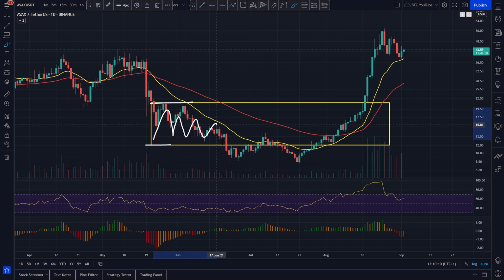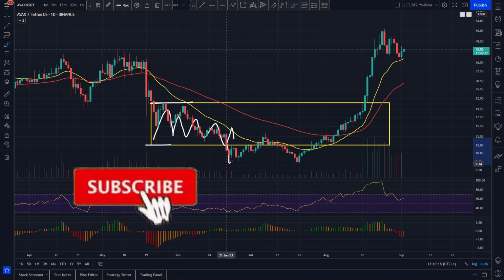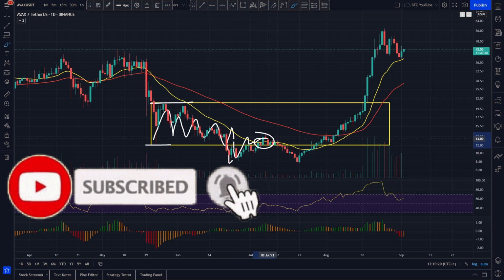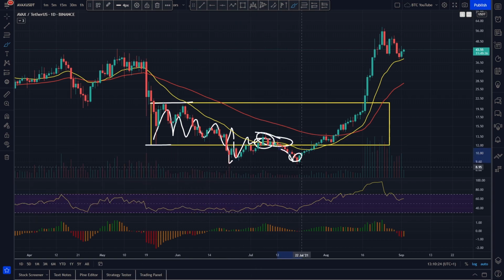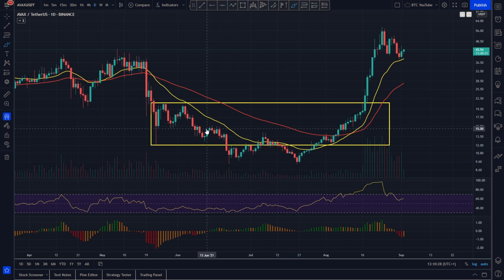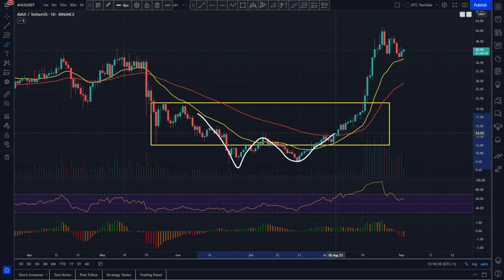And then we obviously roll over. We break through the bottom of our range here. Everyone's thinking, okay, this is game over. We roll over again, come all the way down to like $9, but we pick back up, but stuck under our 20 EMA here. We come down again below this range here. Another slight fake out to the downside, but it does look as though we did get that double bottom. Double bottom looking something like this.